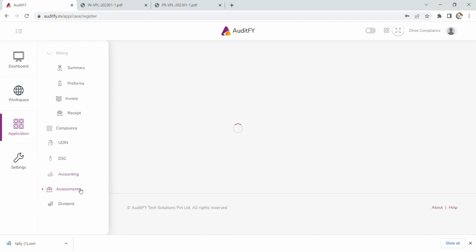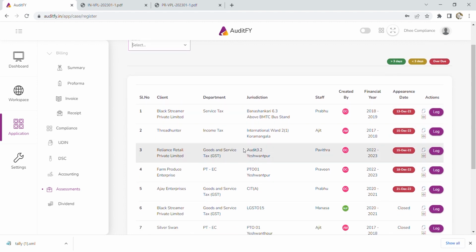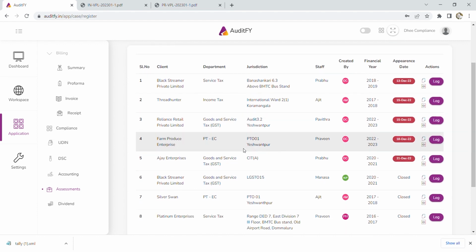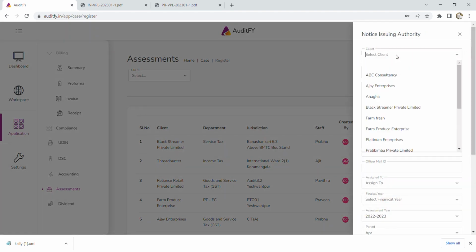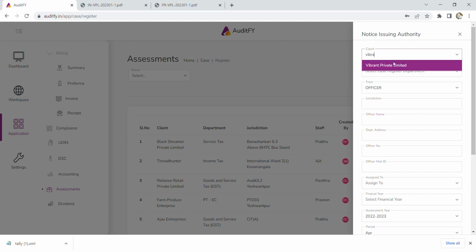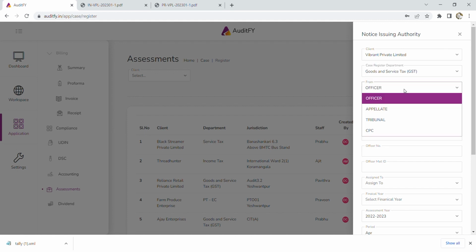Next we have assessments. So in assessments you can keep track of all the pending cases. It may be just a notice or assessment reassessments, all such things, maybe GST audits conducted by the departments, etc. So to add new case you can click here, add new case. You can select the client, you can select which department this pertains to, whether it is from officer, appellate or tribunal or CPC also in case of income tax. Jurisdiction, you can mention